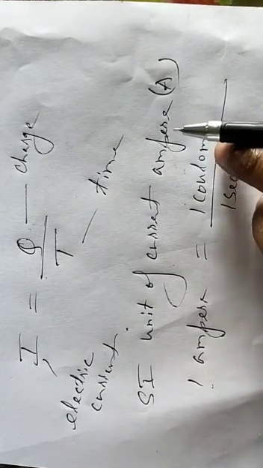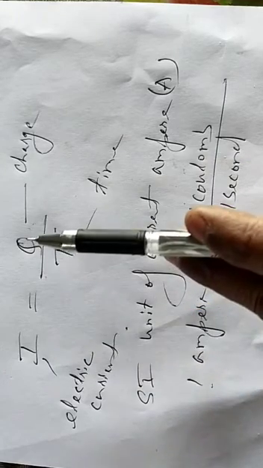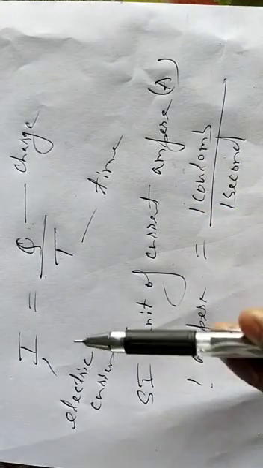The SI unit of electric current is ampere, capital A. So we can say 1 ampere of current is flowing across a point if 1 coulomb of charge flows through it in 1 second. So I can write 1 ampere is equal to 1 coulomb by 1 second. Coulomb is the unit for charge. Here I is electric current, Q is charge, and T is the time taken. So 1 ampere of current is equal to 1 coulomb by 1 second. I can write the formula.